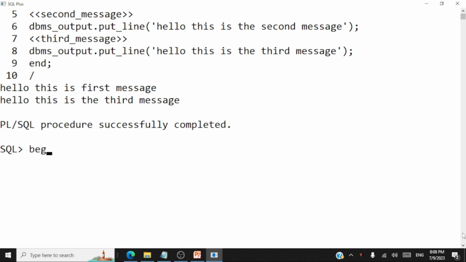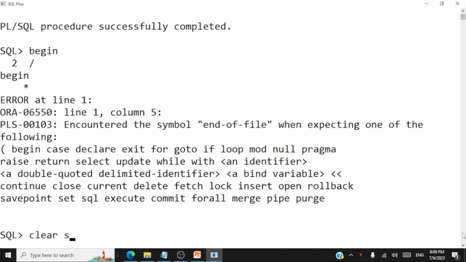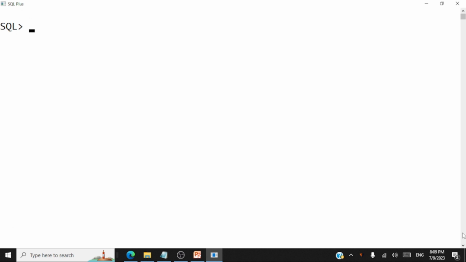Let me write an anonymous block again. Let me clear the screen. So let's have this anonymous block here. Let me declare a variable. Declare. I'll have this test val to be of type number, and let it be equal to 2. Now let's begin. Let's have a condition here. If test val